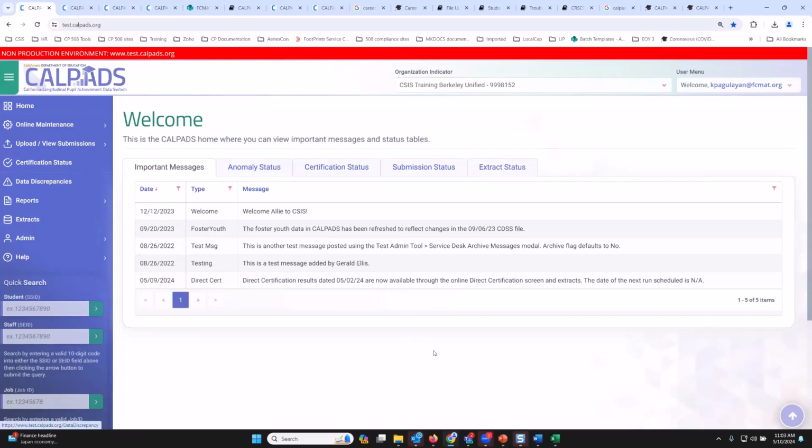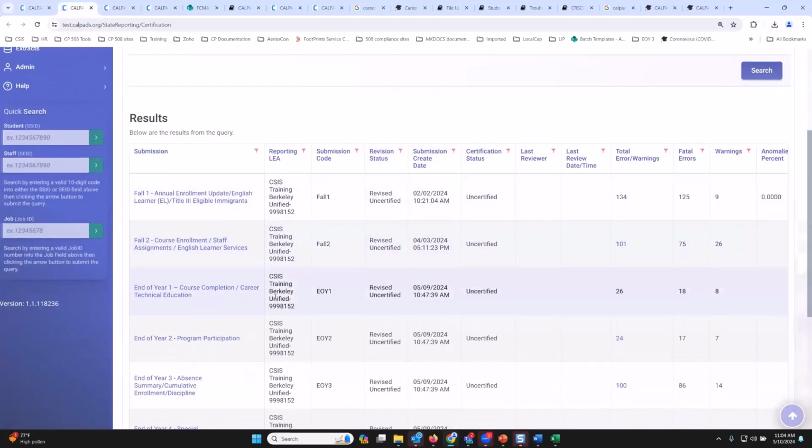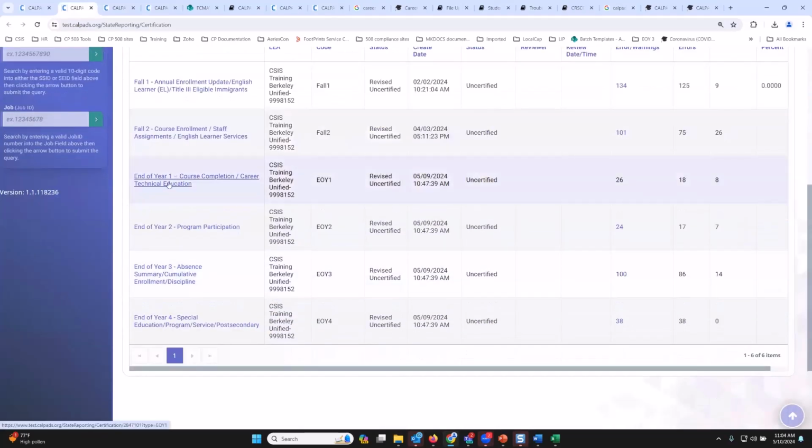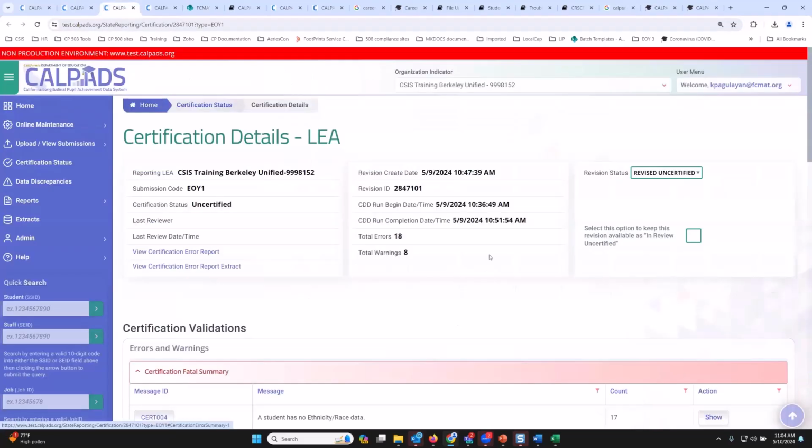Okay. So once all of your data is in CalPADS, you then move on to the certification status page, right? You click on the certification status. It brings you to this section of CalPADS, which in turn you then have to click End of Year 1. For End of Year 1, you have, like any other submissions, your summary.